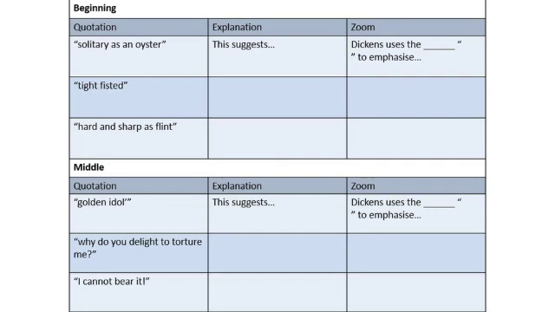Okay, and then in the middle, we have a flashback to Scrooge's youth, where Belle tells him that she's been replaced by a golden idol. We've got Scrooge saying to the ghost, "Why do you delight to torture me?" And then he also says, "I cannot bear it." So those are just three quotes that I came up with from the middle that I thought were interesting in